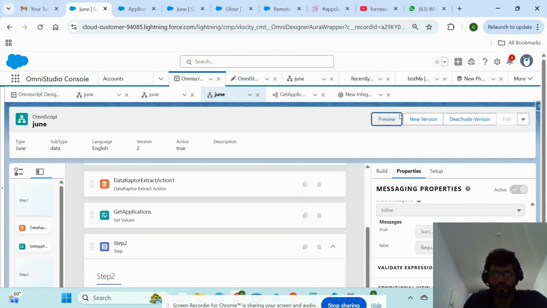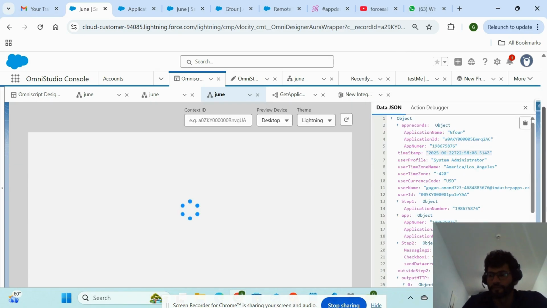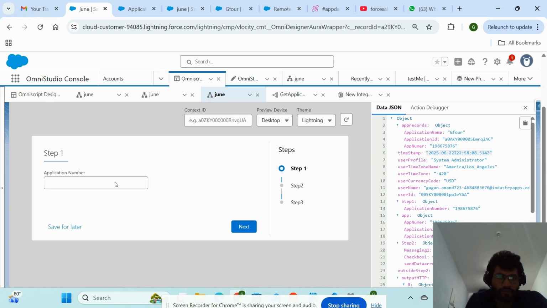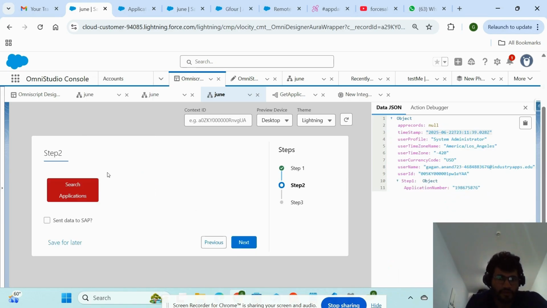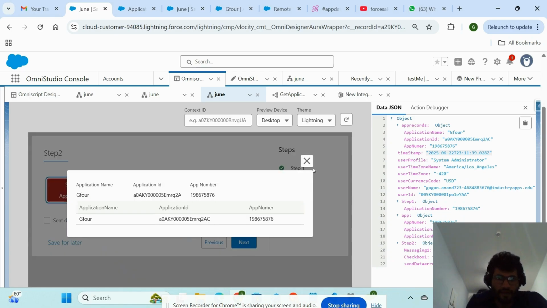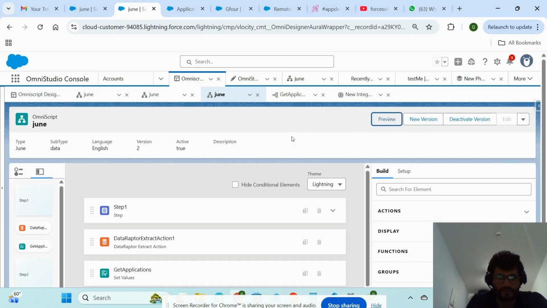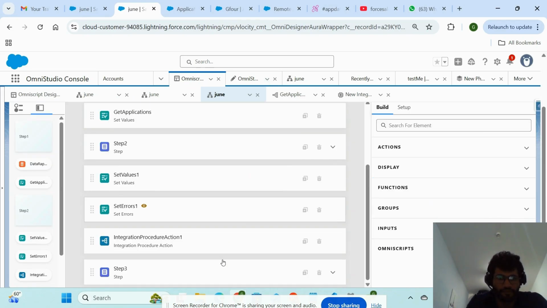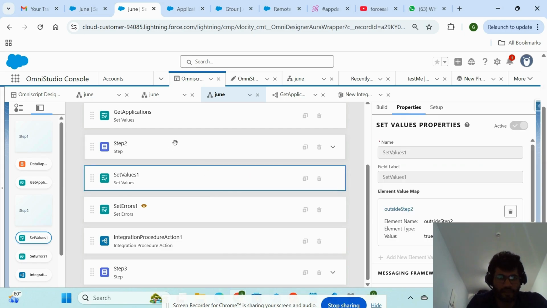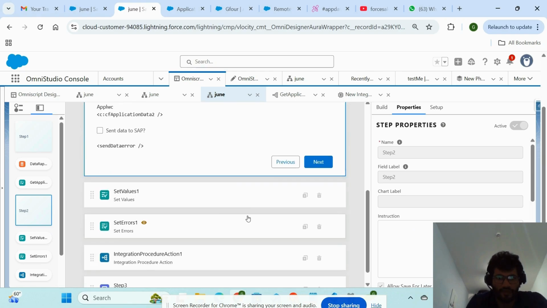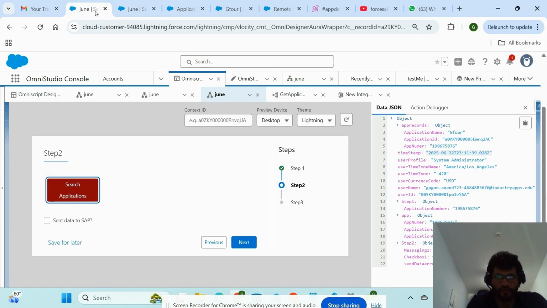So if I'm clicking preview, putting the value application number, searching this, okay, the flyout value is coming, and if I am clicking next, it is going and checking that this set value element is true. This set value element. So when I'm clicking next, this value is getting true, outside step 2. So you can see the outside step 2 is not there, but when I'm clicking next,